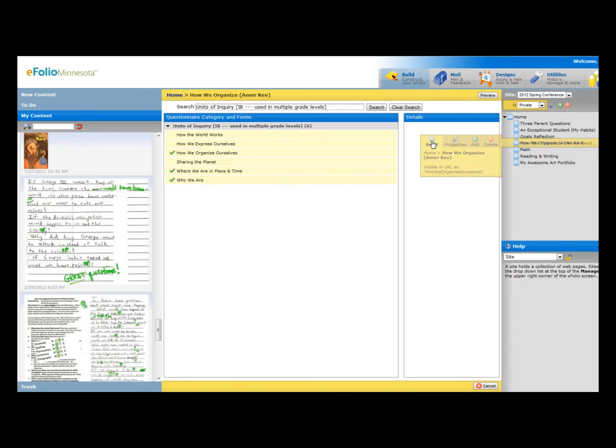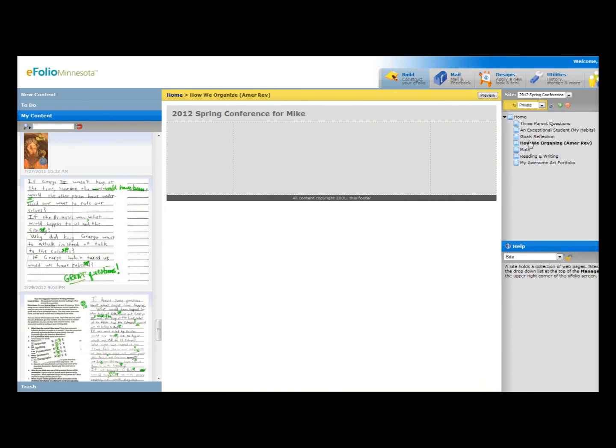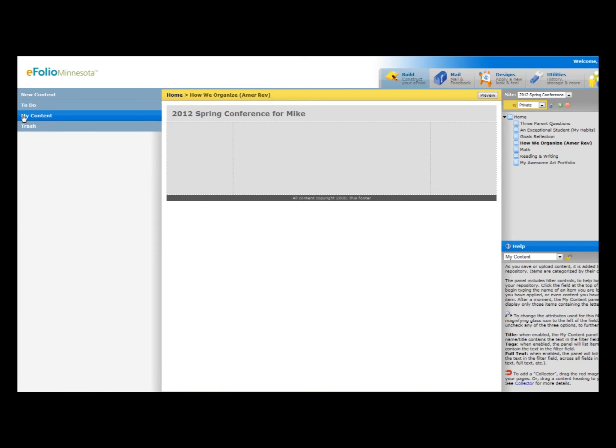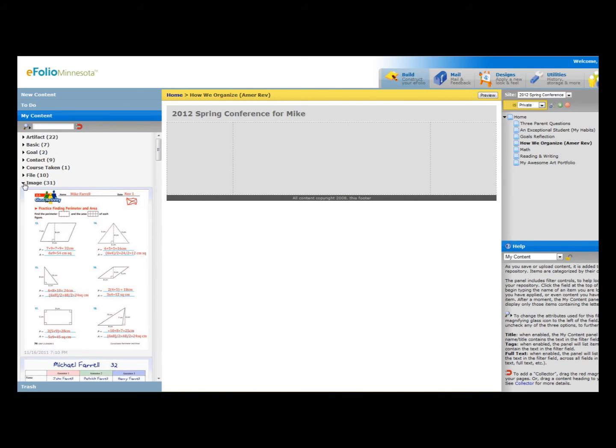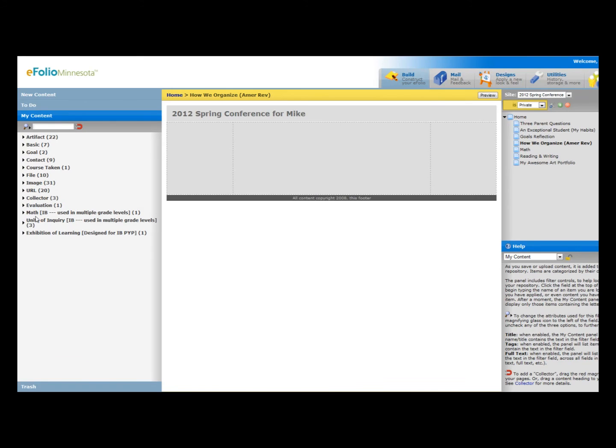And I'm going to build how we organize ourselves, which is the American Revolution, that content. So I'm going to go into my content, close down the images. You'll see I have here the questionnaires I've done, and that's under the units of inquiry here. There's 3 of them. So I just did how we organize ourselves. I'm going to drag that onto this page. And now if I go preview it,